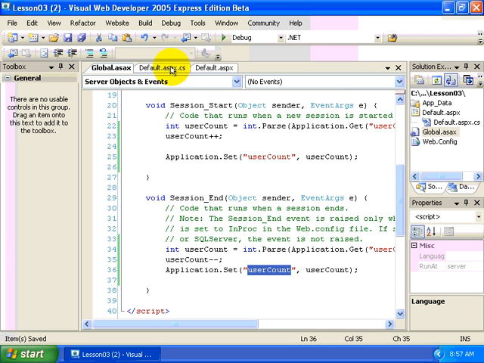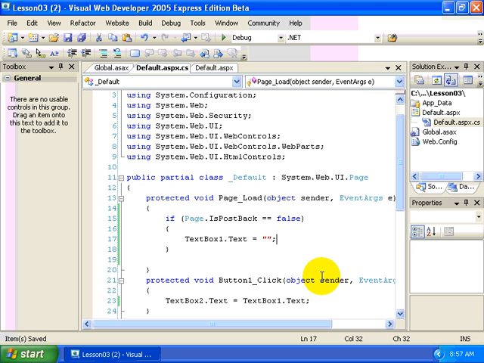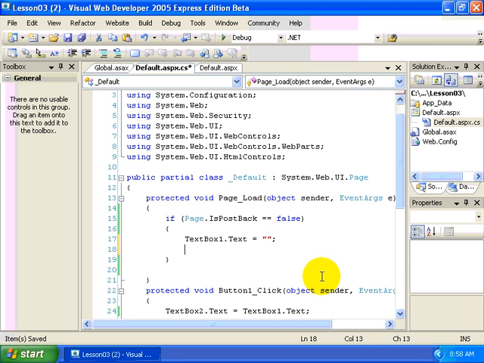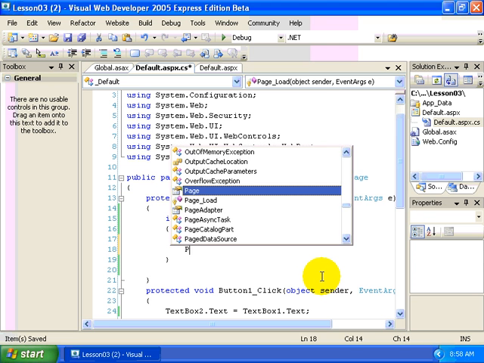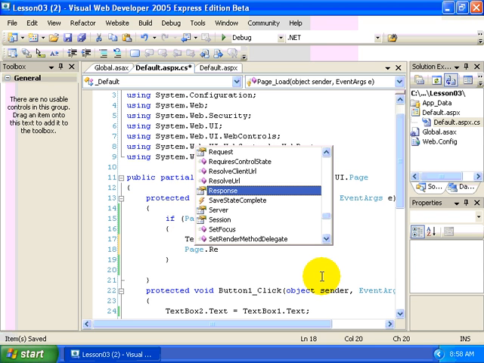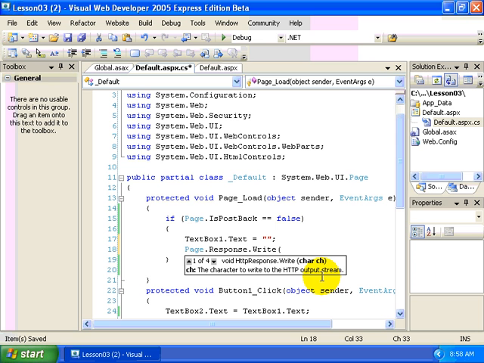Then within our pages, we want to display the current application user count within our web page. So just for a quick, easy way of writing a value to a web page, we can get access to that particular page's response stream by accessing the page.responseObject.write. Whatever we put in here will be written out to the response stream. We could write in HTML, we could just write values. Whatever we put in here will actually get written to the top of the body of our web page. So response.write, and we'll pass in user count,